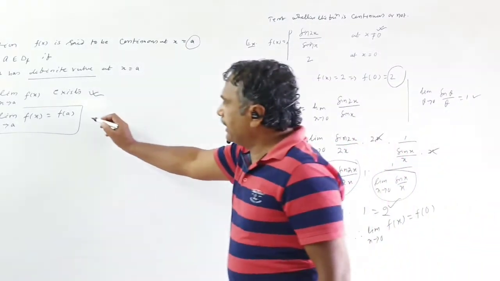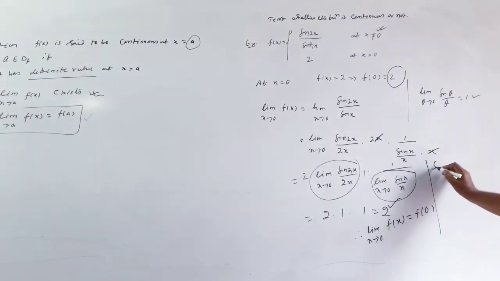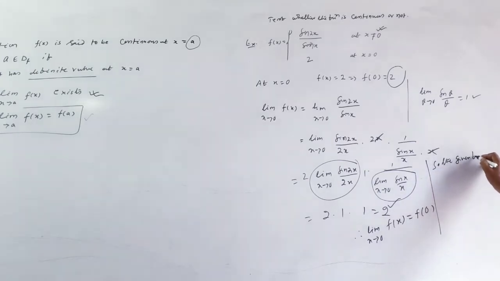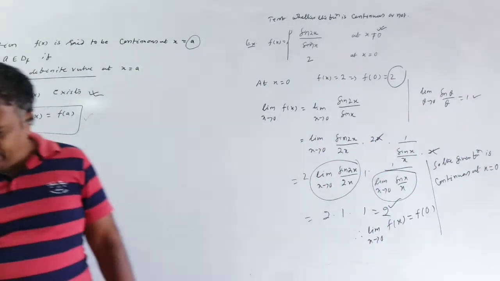Since this exists, the given function is continuous at x equal to 0. Okay, this is one example. Another example is